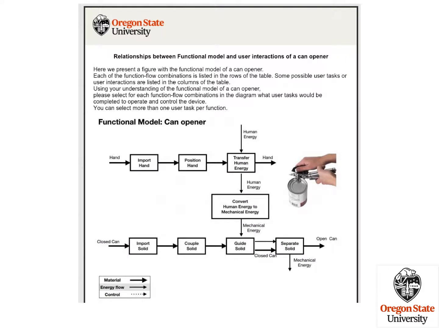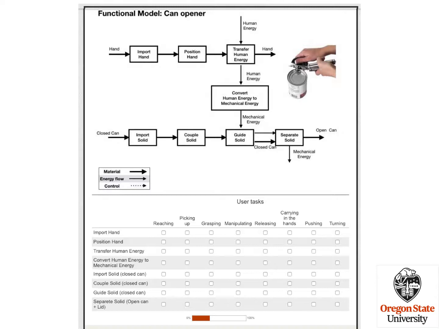The second part of the study is now building the relationships between the functional model and the user interactions. We will present you with images of different functional models. In this example, of course, we are again using the functional model for the can opener. Below the figure, you will have a table. The rows of the table represent the functions present in the functional model. And each of the columns are the different user tasks that you need to complete in order to operate